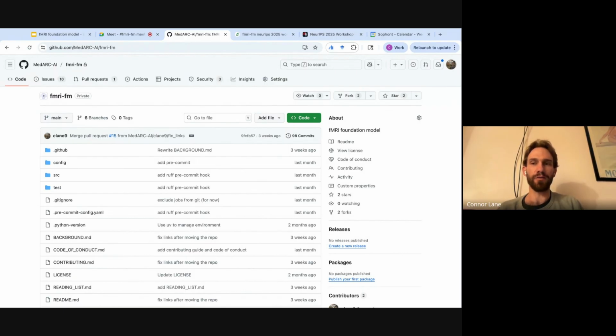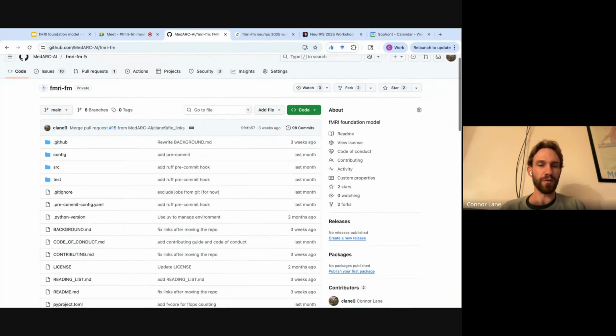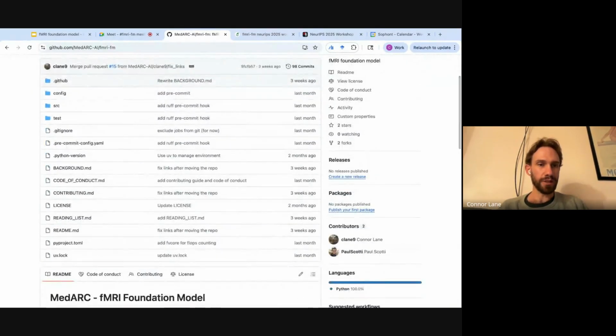I've been doing this already, and I think some people messaged me today to add them to the repo. I haven't done that yet, but I will. And if anybody else wants access, I'll add you. Hopefully before too long it will just be public, so we won't have to do that anymore. So this is the repo.